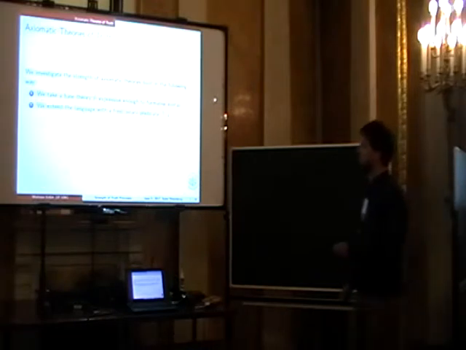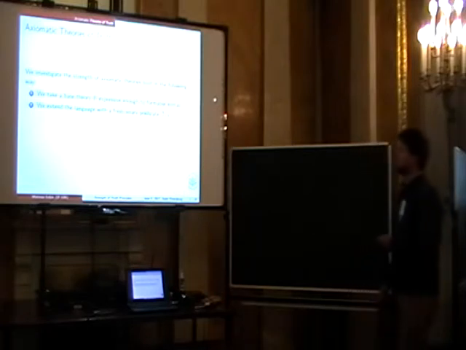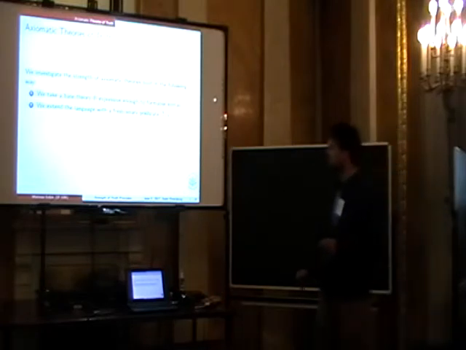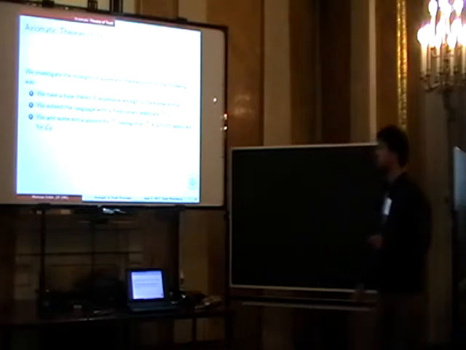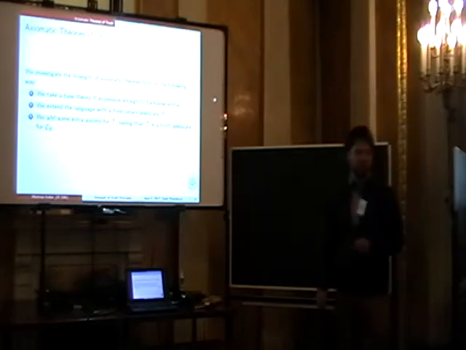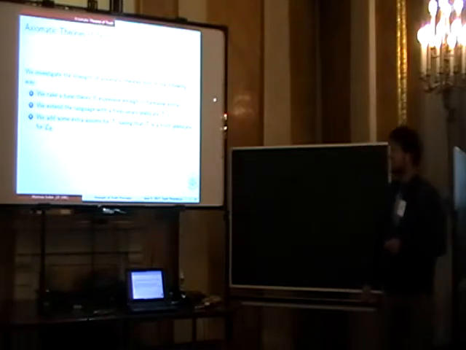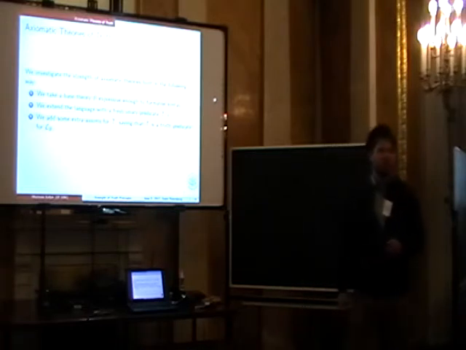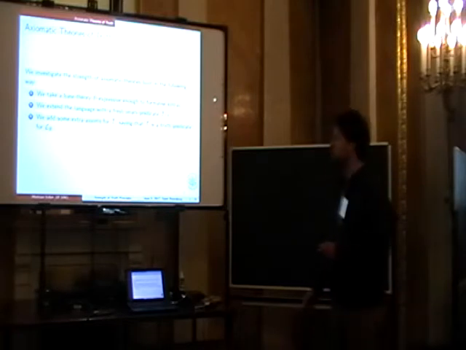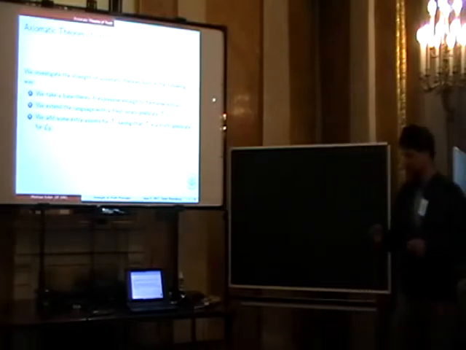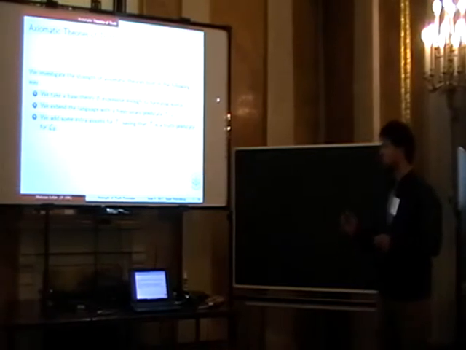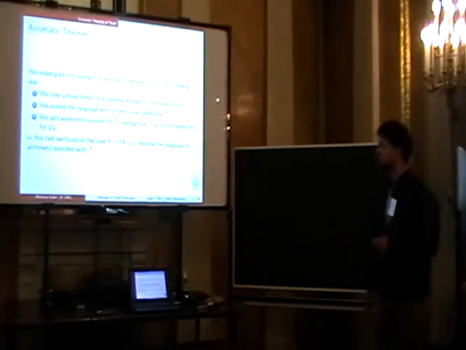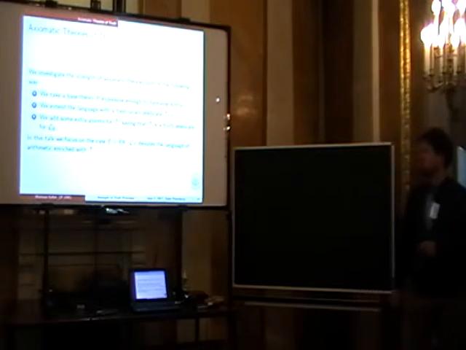To the language of B we add a new predicate T of x. Intended, T of x is a truth predicate, so x is a Gödel code of a true sentence. And then we add some extra axioms for T, and then we see what happens, what the resulting theory is. As I already announced, we focus on the case where B is equal to PA. So it is not quite that weak an arithmetic,